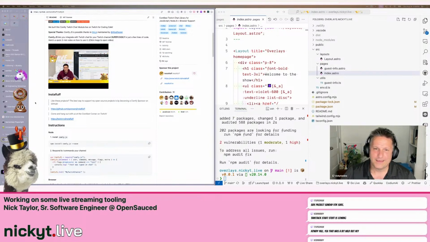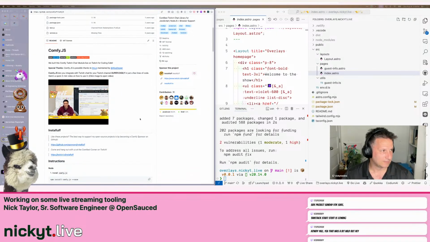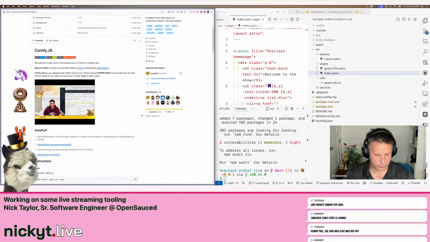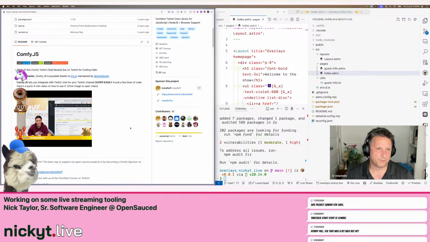Yeah, yeah. So all right, after all that derailing of things, sorry. Basically, what I want to do is, and like I said, it's only going to be for Twitch for now, but there's this library that I already use called Comfy.js, and I'll zoom this in. It's super handy. It's pretty easy to get up and running with, but I use it for commands right now. But I actually want to pick up chat, and basically what I want to do is occasionally,